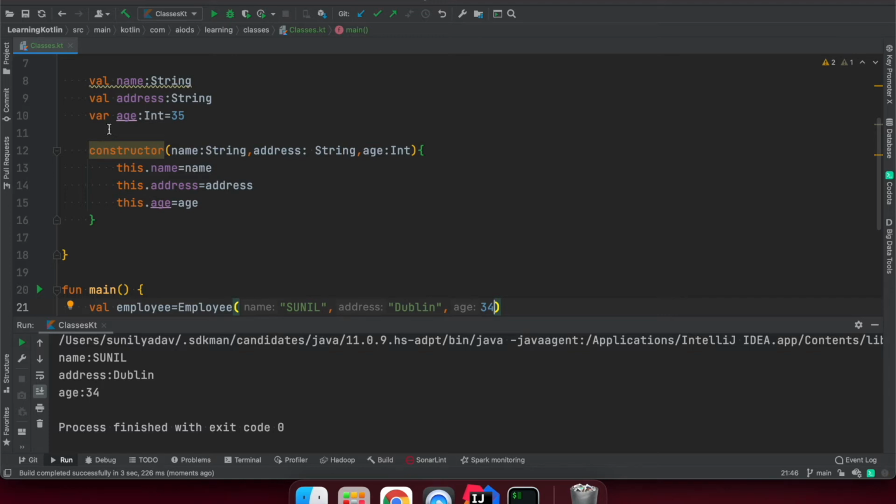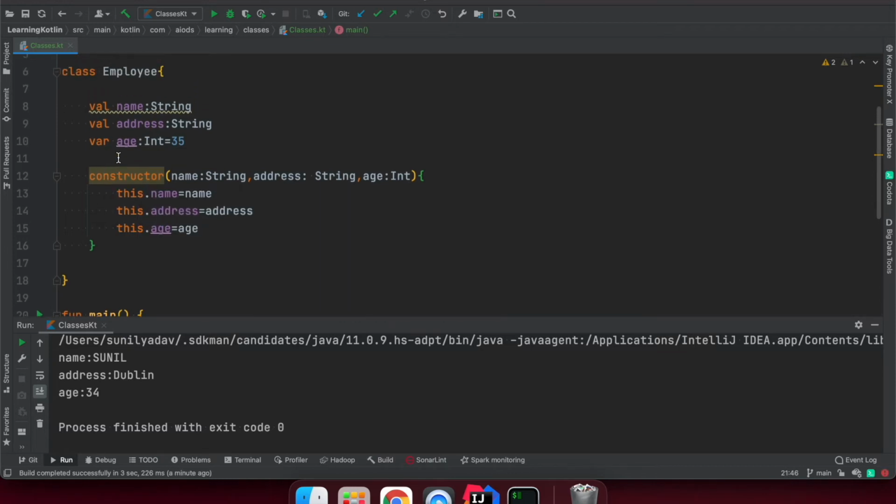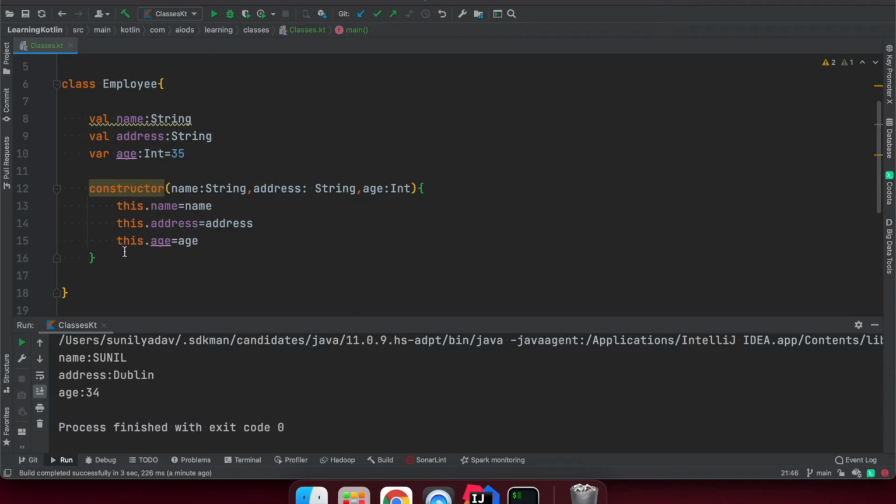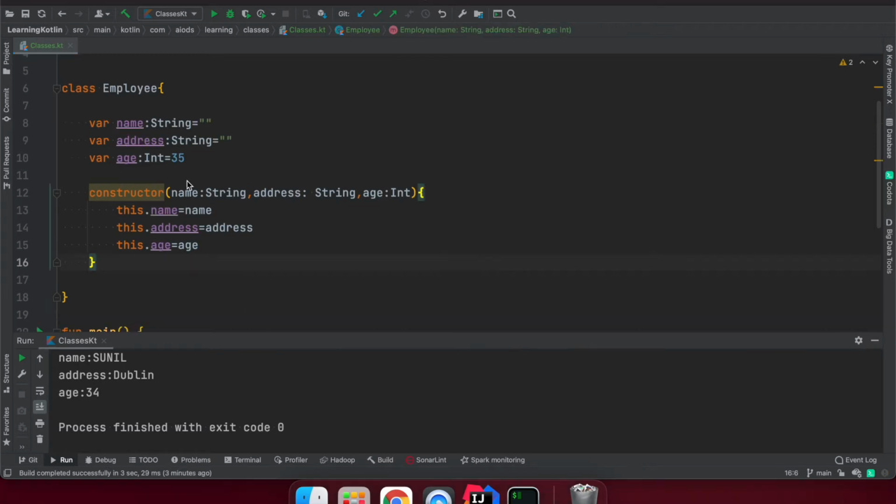Okay, so this is the one constructor I have added, but how can we add one more constructor? Suppose I want to use one more constructor with two parameters. I'm going to explain how we can do that. This way looks more verbose in Kotlin. So the best thing is we can add those constructor variables at the top level.